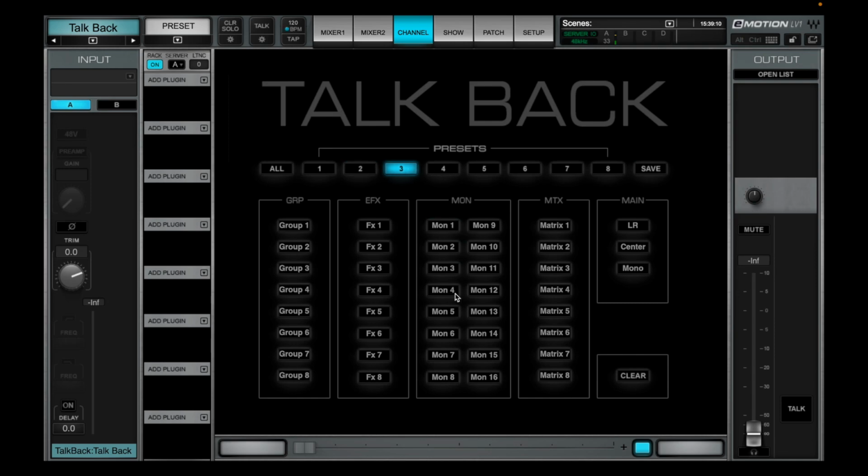Preset 3, we'll have like the lead singer. And preset 4, we'll set as like a backstage monitor. So 1, 2, 3, and 4. So those are all saved already. So you can flip between those to talk to the different people that you need to talk to throughout a